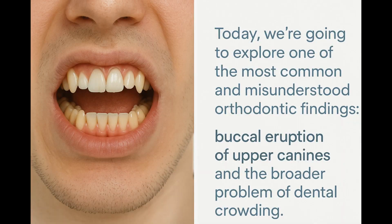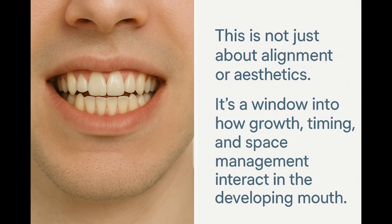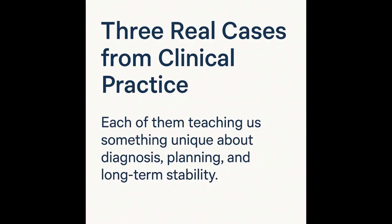Today we're going to explore one of the most common and misunderstood orthodontic findings, buccal eruption of upper canines and the broader problem of dental crowding. This is not just about alignment or aesthetics. It's a window into how growth, timing, and space management interact in the developing mouth. We'll walk through 3 real cases from clinical practice, each of them teaching us something unique about diagnosis, planning, and